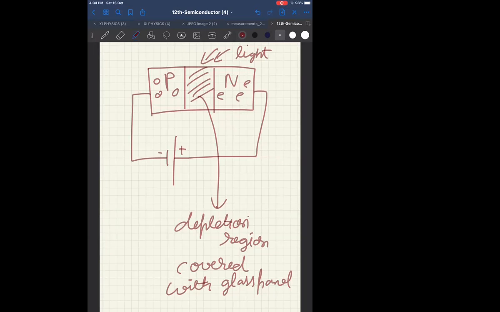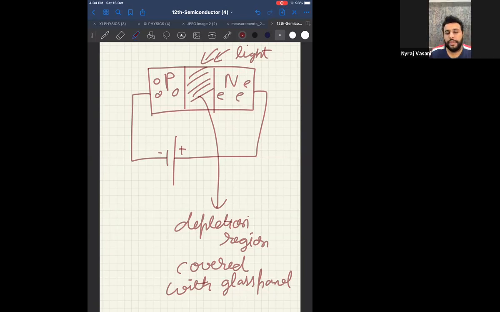So, can you explain what happens after the class? Like, I was not able to hear what happens when the holes and electrons get charged. One minute, I will start copying. I have logged off. I will again log in. All of you start copying this. I'll explain once more.